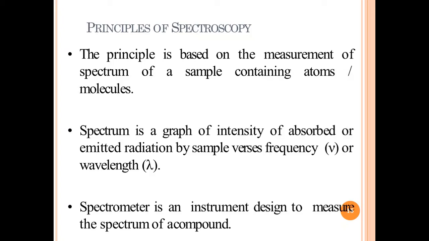Say, for example, I am delivering my words in the form of sound energy. I am producing frequency which has corresponding energy. You are listening, you are absorbing some data. So if I plot a graph by taking my frequency on the x-axis and your absorption ability on the y-axis, that is what is known as a spectrum. To record a spectrum, we need an instrument, and that instrument is called a spectrometer.